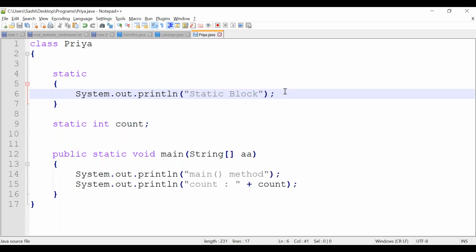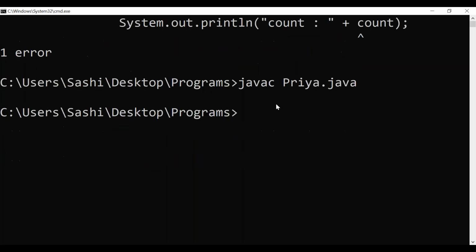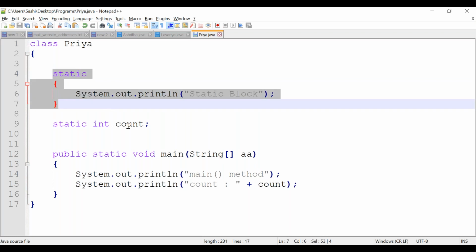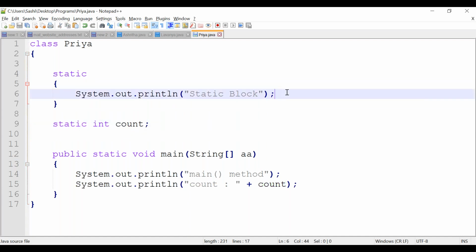Will compile time be success or not? Let's recompile it and verify it. Compilation is success. There is no error. Why? Because inside the static block you are not using the count variable. If you are using the count variable, then there will be a problem, because it is unable to identify it. Here there is no problem, right?